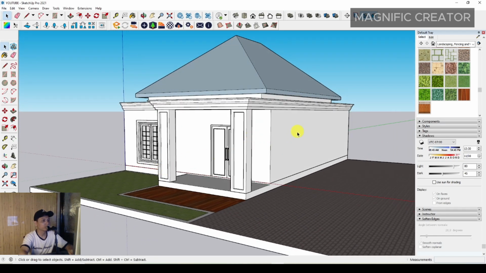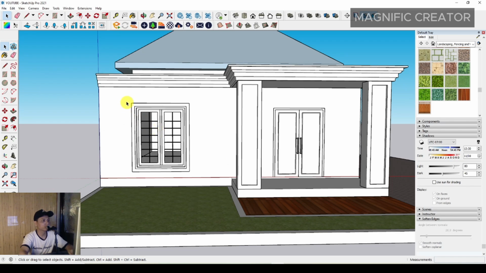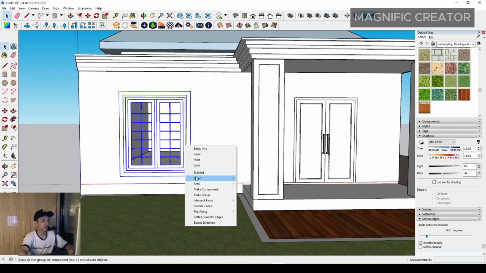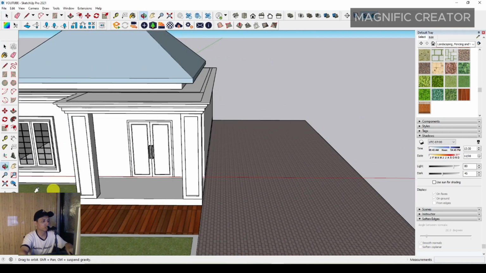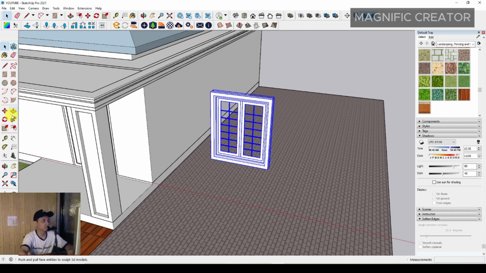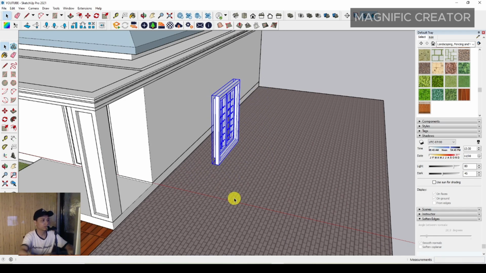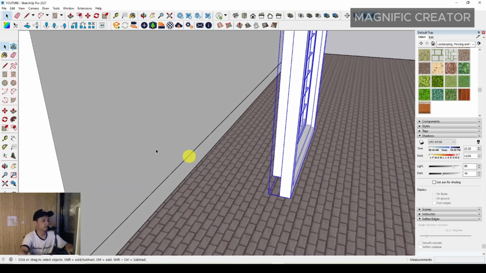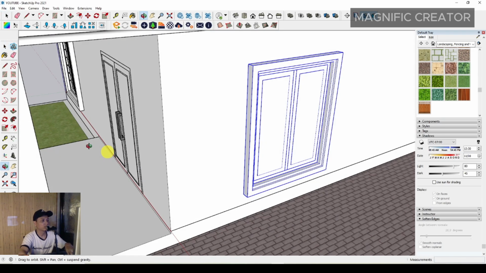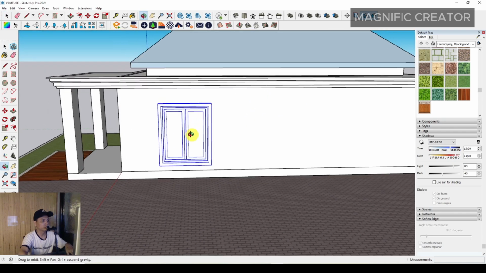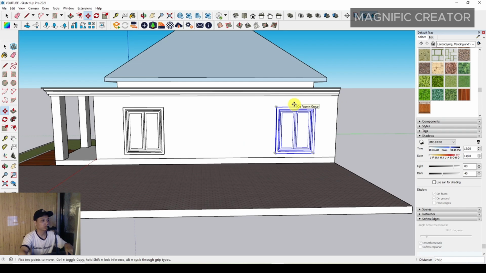we can duplicate this window to the other position of this house. Anyway, we can use make group, and by select all, and then we have to move and select control. We have to rotate it and type 90, and then we have to move it to the wall. Anyway, then we have to duplicate it for maybe around,